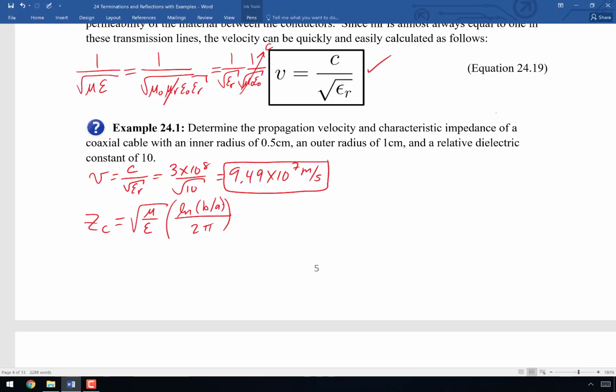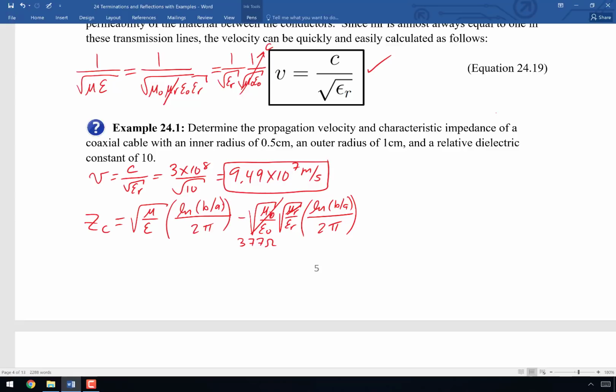Now this is going to be equal to, I'm just going to take one extra step here and say this is the square root of mu sub 0 over epsilon 0, and that's mu sub r over epsilon r, times the natural log of b over a divided by 2 pi. Now we know that this quantity is 377 ohms,